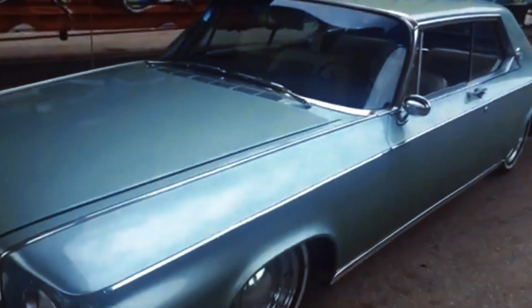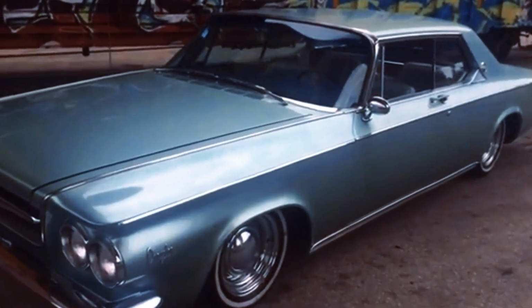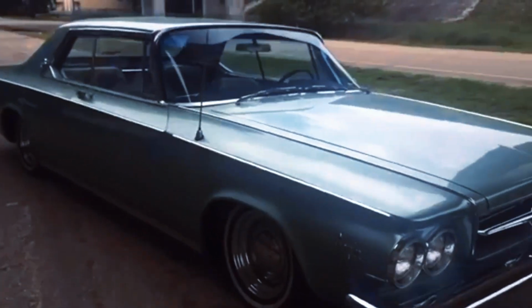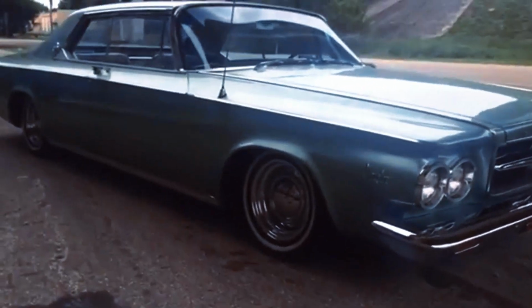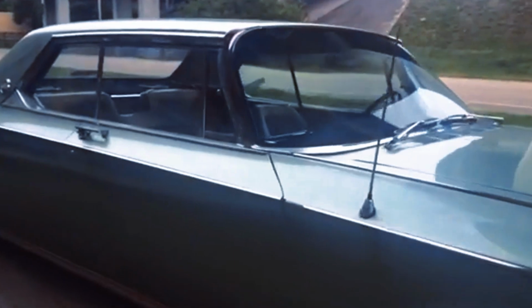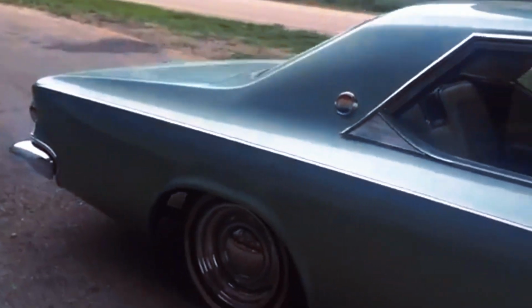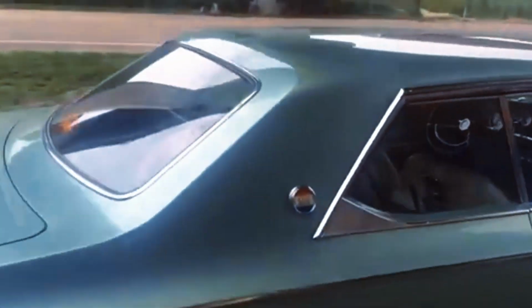The rear design featured modestly styled tail fins, a remnant of the 1950s design trends that were beginning to fade. The tail fins were not as pronounced or stylish as those of earlier Chrysler models, contributing to the car's outdated aesthetic. Inside, the Chrysler 300 offered a spacious cabin with standard luxury features, but it didn't go above and beyond